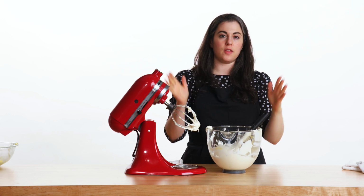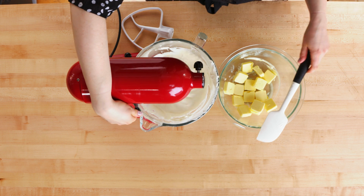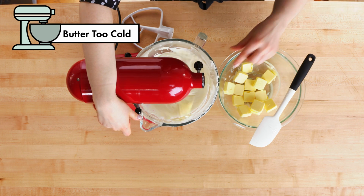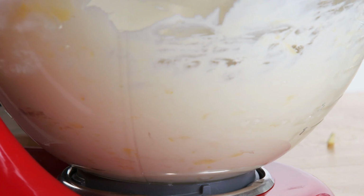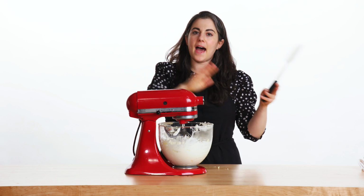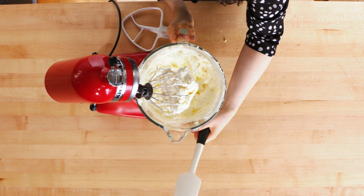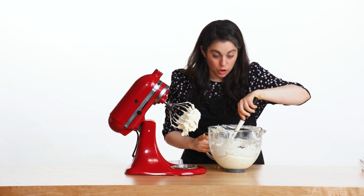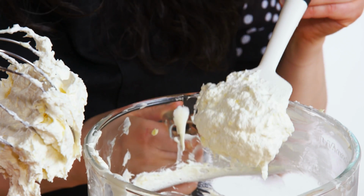I now have to put in the rest of the butter, and we're going to see what happens when you add butter that's too cold. So this bowl has butter that is slightly softened, but is still very cold. It's not yet room temperature. So now we have a very different set of problems. I want to show you what the texture of the buttercream looks like. It has almost a slightly curdled appearance,